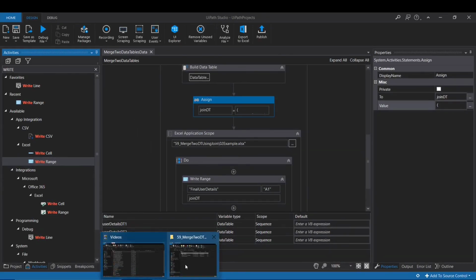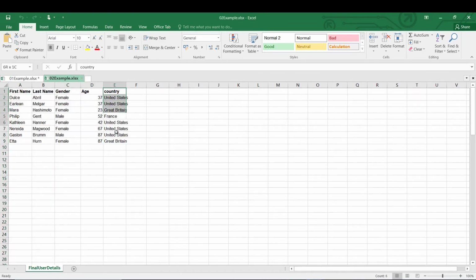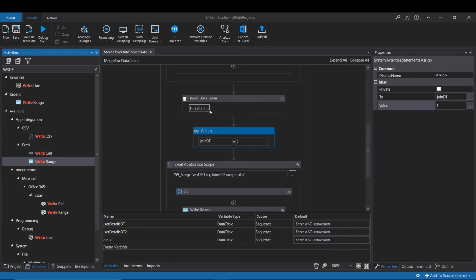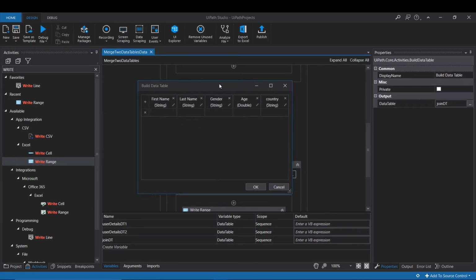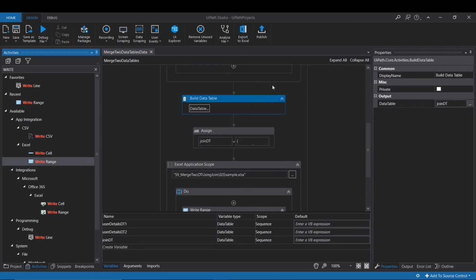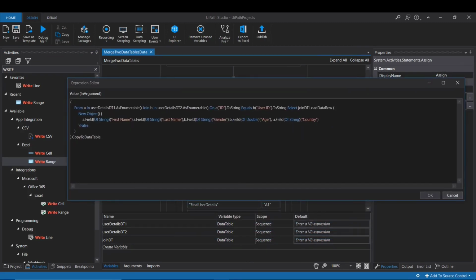Let me open the second sheet so that the data is coming. See here, the country data is coming. One more thing I want to mention: when we have created the data table, the order of the columns here is the same order in which the data will be written when we assign the values.